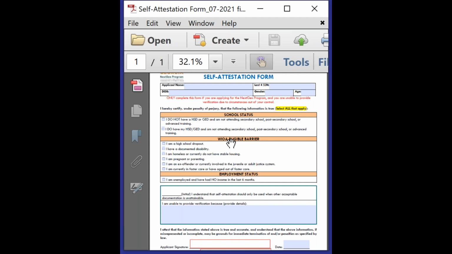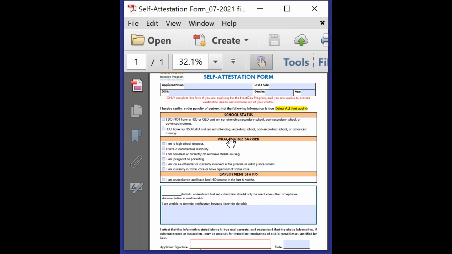Now, if it's just that they have another WIOA barrier that makes them eligible, but you observe that they have a disability and you want to keep that observation in mind for the objective assessment summary and for services, then it really doesn't matter. You could just see that maybe something's up, but it hasn't been diagnosed, and that's good enough. But if it's the WIOA barrier, any kind of disability, as long as it's proven, is acceptable.